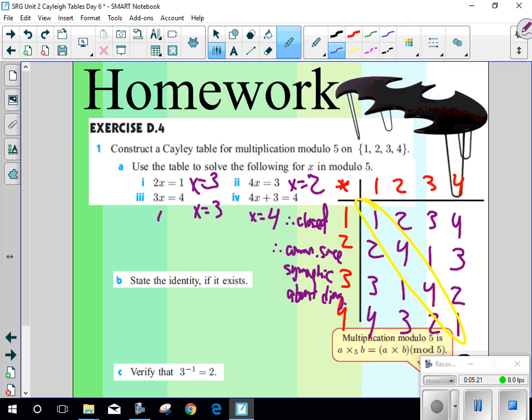4. There you go. State the identity if it exists. So we're going to look at the identity. Now they say in the book, well, it's obviously 1, but if you do 1, 1, and you get 1, the identity is going to be 1. I don't think the book explains that real well, but I think what you would do is you would say,